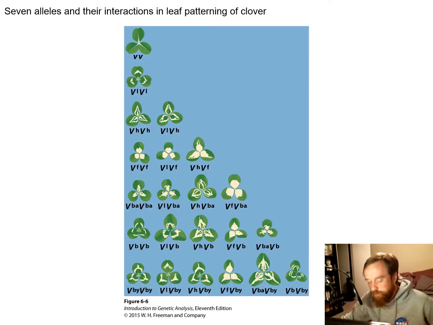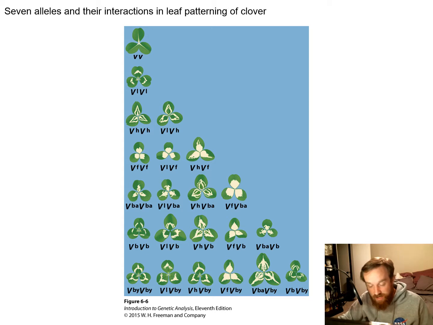So a lot of our previous examples here, we've had a single gene that has 2 alleles, but a single gene can have a whole bunch of alleles, as we talked about in a previous chapter. Depending where the mutation or the SNP is within that gene, you can have a whole bunch of different alleles. And so in this example of clover leaves, we see that a single gene can have a whole bunch